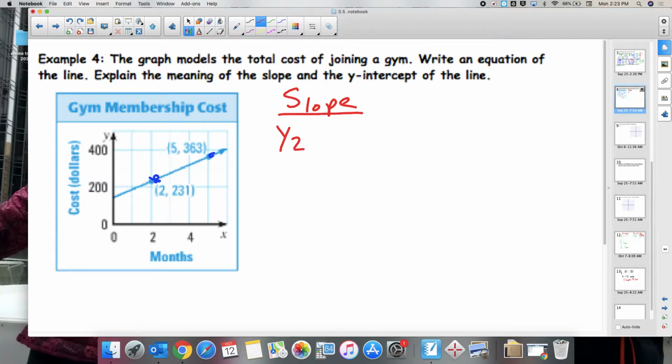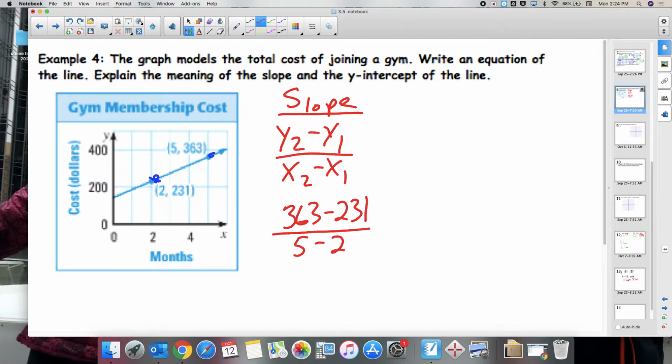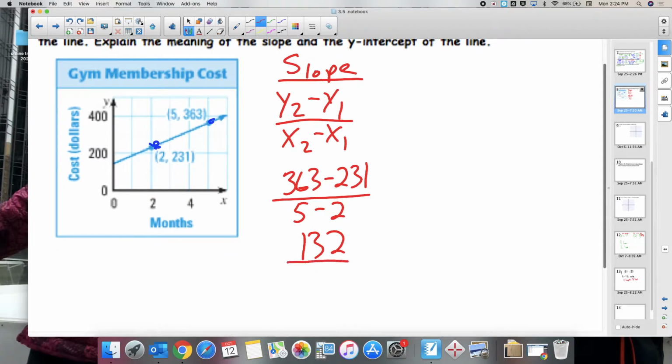our equation says y2 minus y1 over x2 minus x1. So we have 363 minus 231 divided by, and on the x's we have 5 minus 2. 363 minus the 231, we get 132 on the top. On the bottom, 5 minus 2, we get 3. So 132 divided by 3, and we get our slope